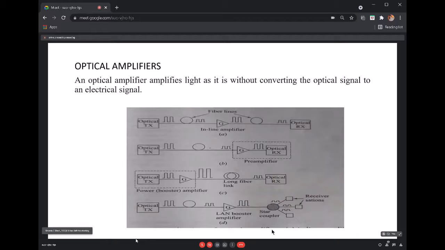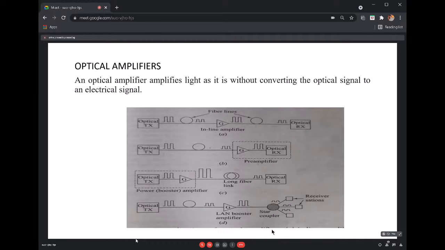Okay, that means otherwise it is going to perform photon to electron conversions, and there are different methods even. So retiming, pulse shaping, all these conversions will be done. So basically here the thing is we want to keep the same property. Without changing its property, we need to amplify so that it regains its original information and we'll be sending it.